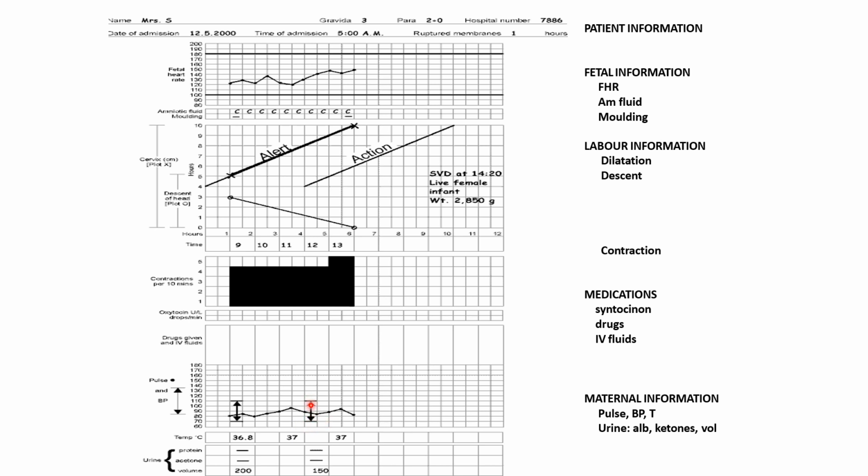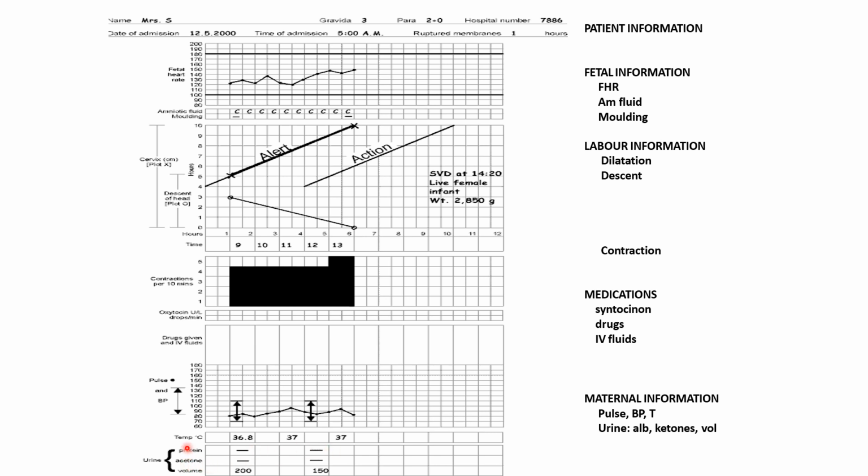So these arrow marks show the blood pressure of the mother, and in the same way you have to check the pulse rate also. The pulse rate you can mark by a dark dot, and whenever you are checking the pulse rate, a dot will be there. Finally you can join these dots together, so you will get a graph of the maternal pulse rate also. And below you can see the temperature. When you are assessing the temperature, whatever you get, you can write in centigrade over here. If it is 37 or 38, you can write that in the particular column.